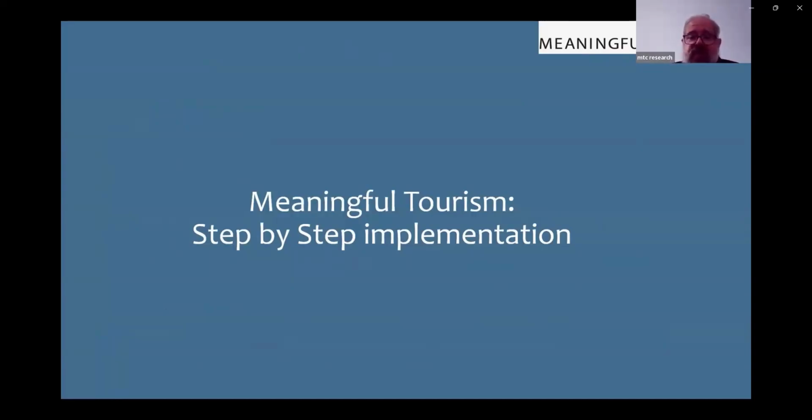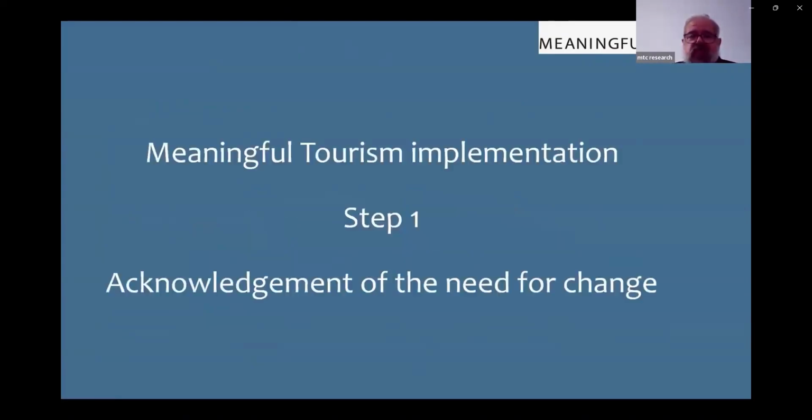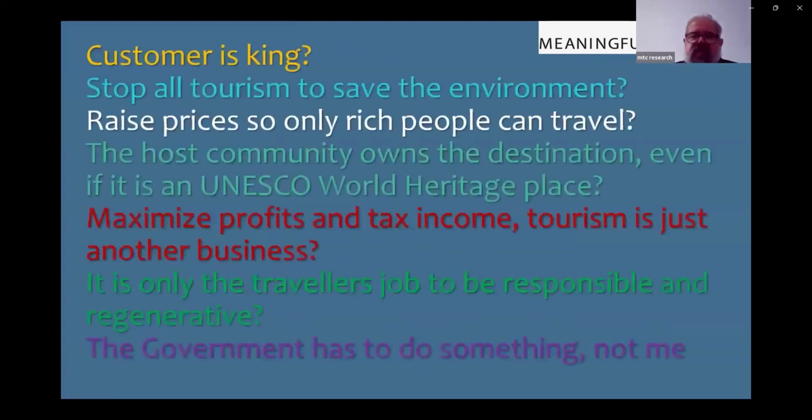So, coming to the main topic, meaningful tourism step-by-step implementation. Let's start with step one, as usual. Step one is simply acknowledgement of the need for change. That sounds very simple, but is not so simple after all. We see a lot of people having ideas, old ideas, new ideas, thinking, oh, it's all the government has to do this, or it's all about money and nothing else. So we have to see that